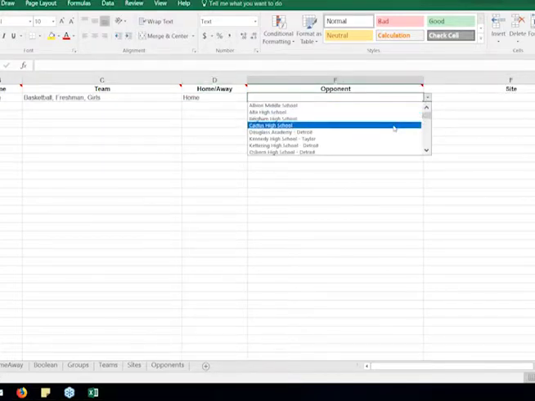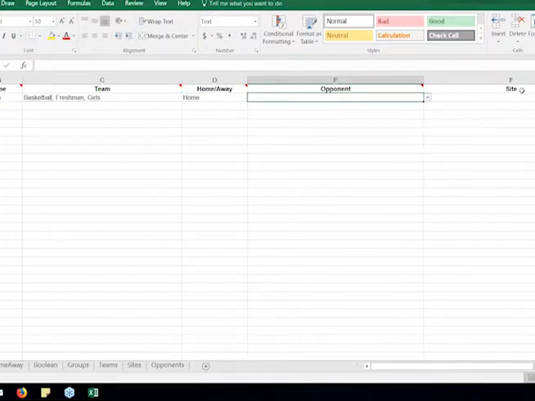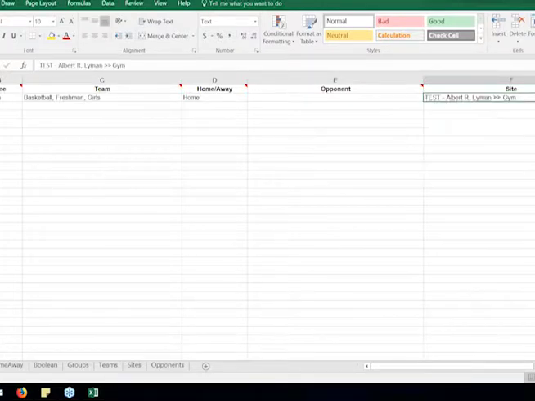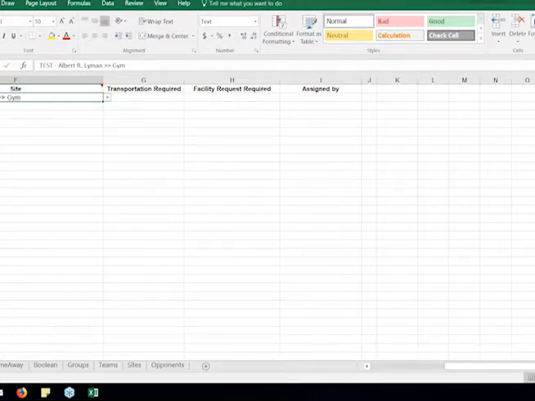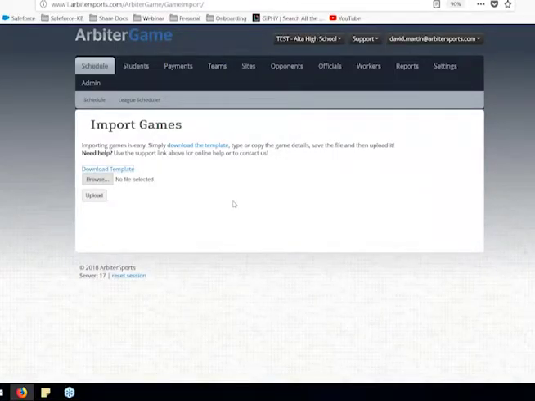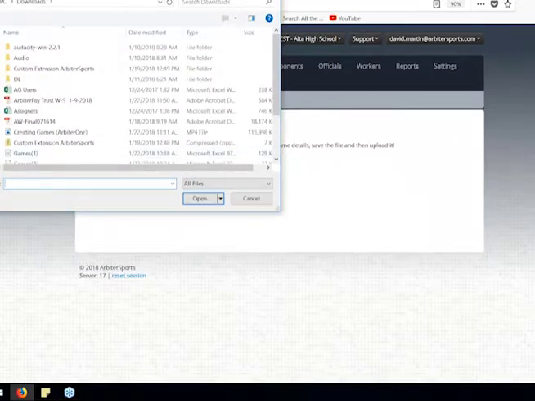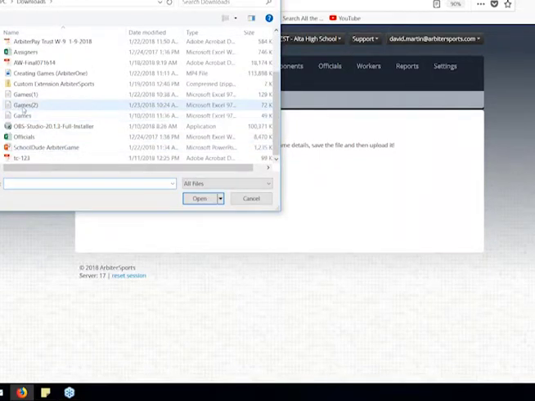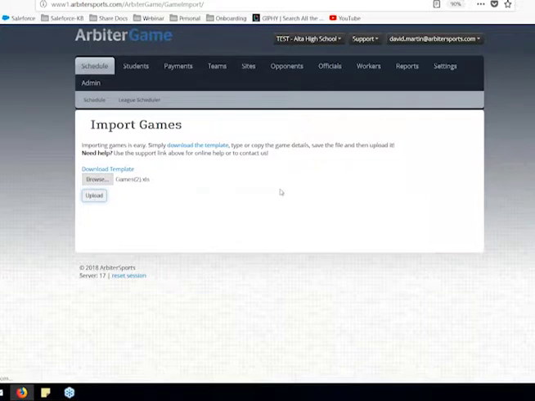And like Dave said, the importing game feature is really helpful. It'll save you a lot of time. One thing though I would recommend, if you do download a template and you put in your schedule for baseball, if you're going to move on to another sport like softball or soccer, please download a new template every single time. One of the things that happens in support is people will just copy and paste from one old template and just go over the work they've already done.